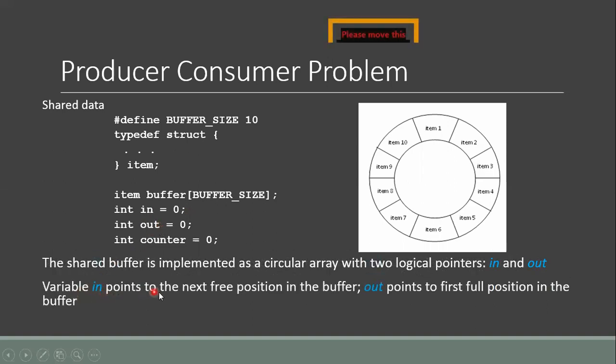The variable in points to the next free position in the buffer, and the out pointer will be used to refer to the first full position in the buffer. So the in variable will be used by the producer process, and the out variable will be used by the consumer process.